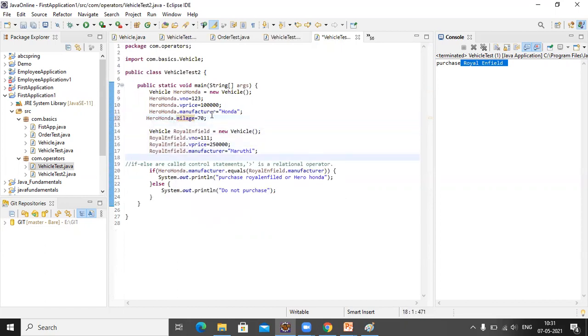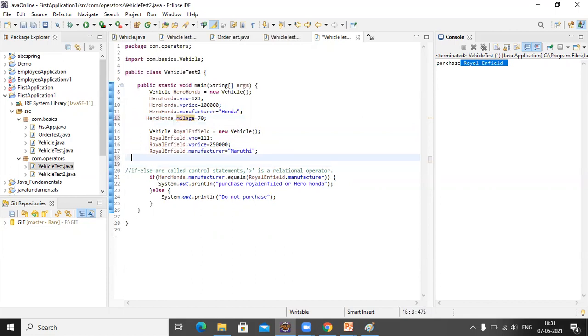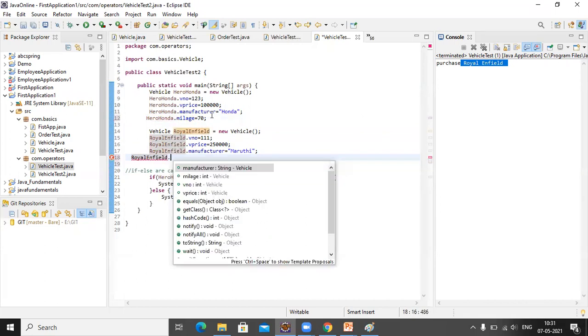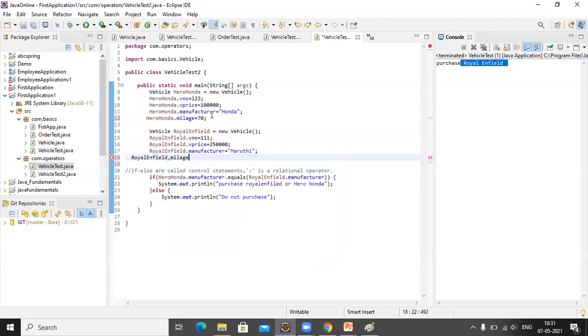Similarly, I want to take Royal Enfield dot mileage. This is also, let us take 45.